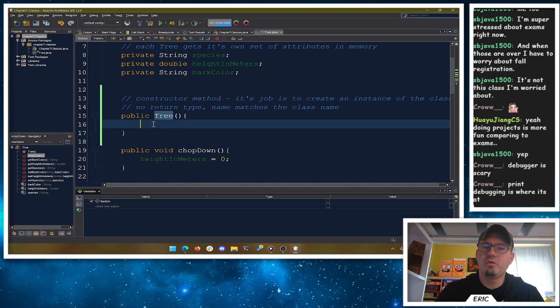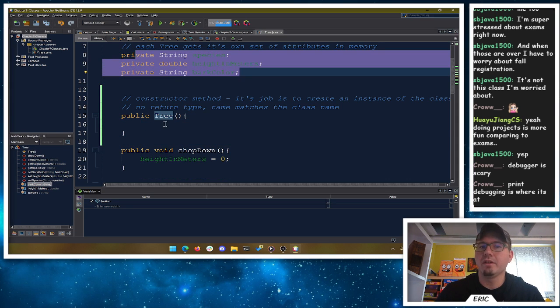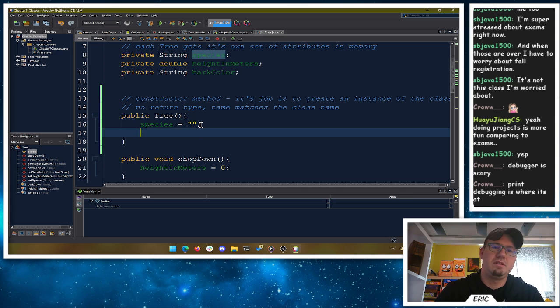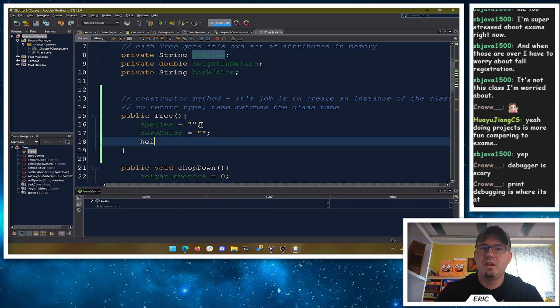So what we can do here is we can give these things default values. Now, we don't actually know what a lot of these things should be. That's okay, but I can say species is an empty string here is going to be better than null. The bark color, you can say, is an empty string, and I guess height is fine at 0, right? Until we know otherwise, we can probably assume it doesn't exist and has no height.